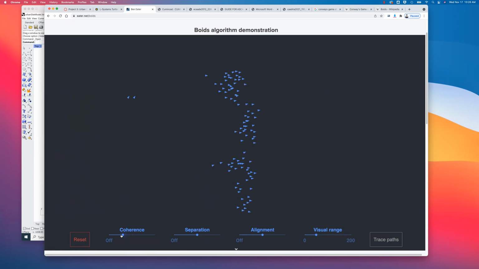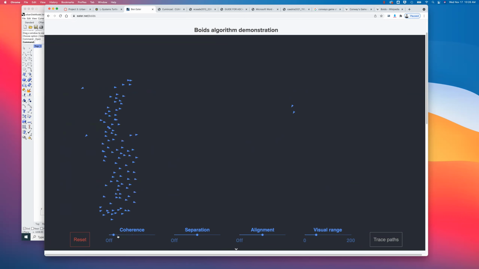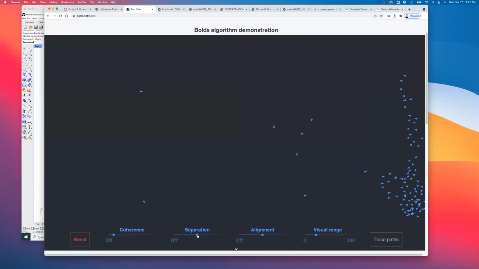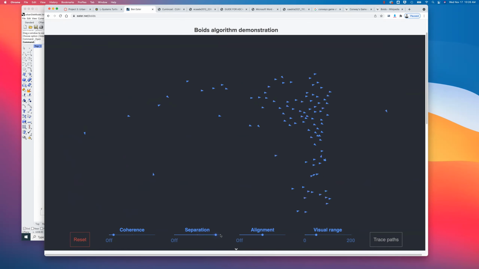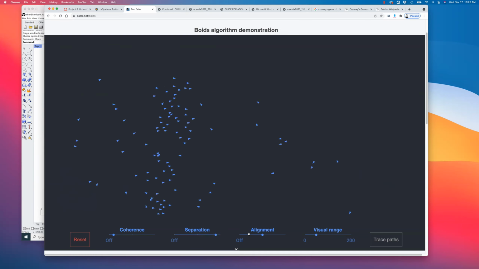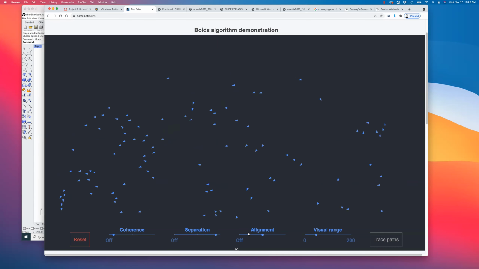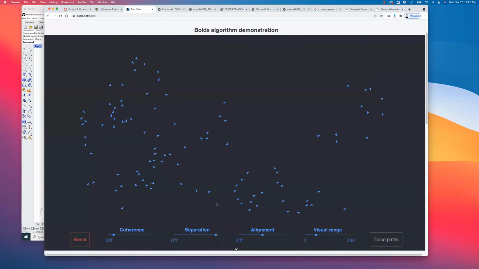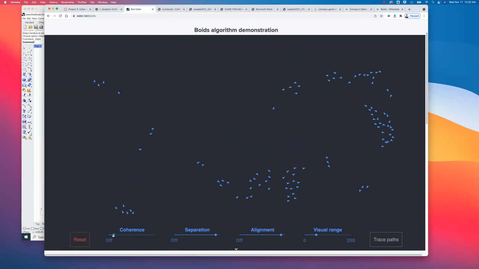So if I turn coherence down, you can start to see that they start to scatter more. If I start to turn the separation up, you can see that there's a lot more sort of local movements, because we're starting to amp up the idea that they can't collide. With alignment, we can turn the alignment up and turn the coherence up,